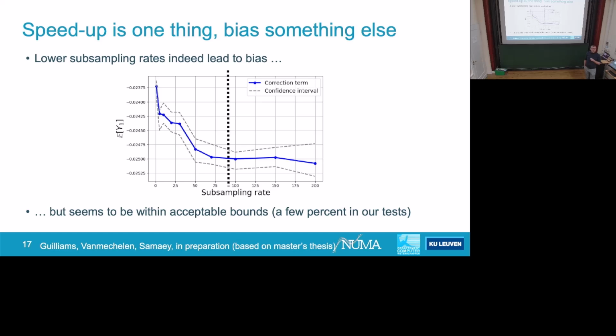We have a proof for detailed balance. We don't find the error in the proof. I didn't say there is no error in the proof. I say we don't find the error in the proof. However, we've looked for quite some time. But we do see this increase or this difference in the first corrector term.